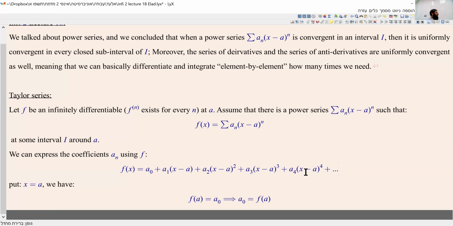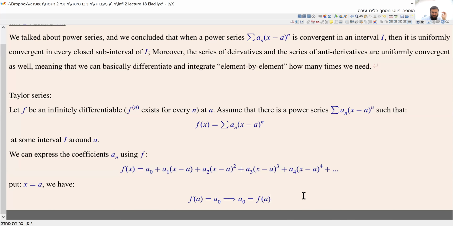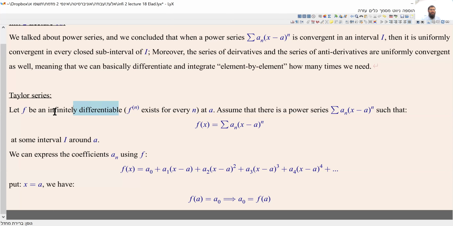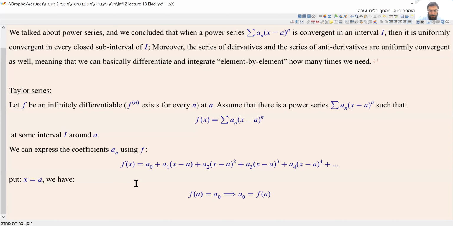Zero progress. But you tell me, how can we express a1 using f? Exactly. Now, we know that we can do that. On one hand, we assume that f is infinitely differentiable. On the other hand, it's a power series. We know we can differentiate it element by element as many times as we want. Now,